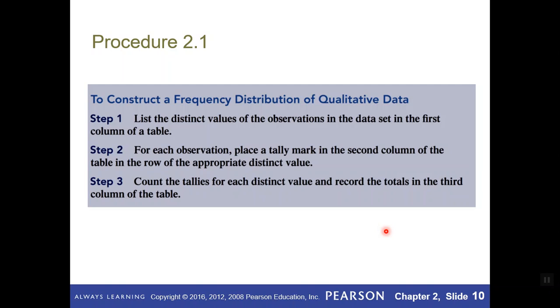Last step is count those tallies for each distinct value. Simply you can skip the second step and perform the third step. So easily there are two steps. First list the distinct values, then count the frequency or count the number of occurrences belonging to that particular distinct